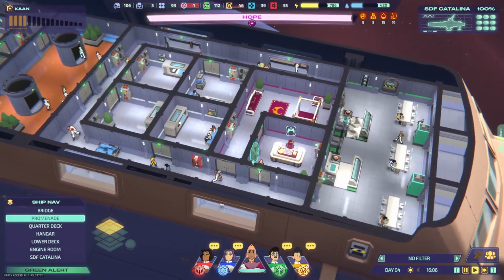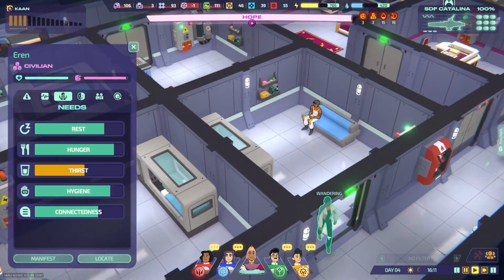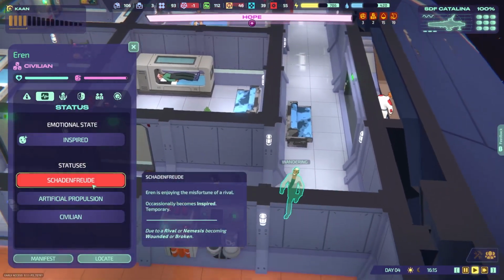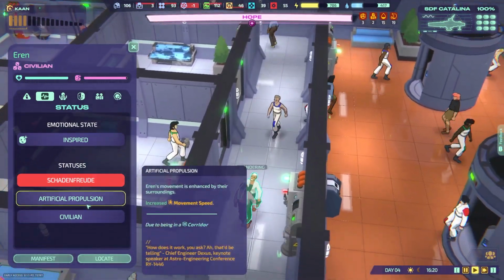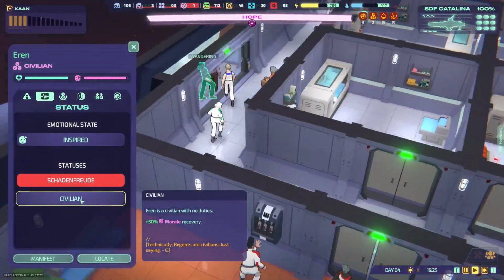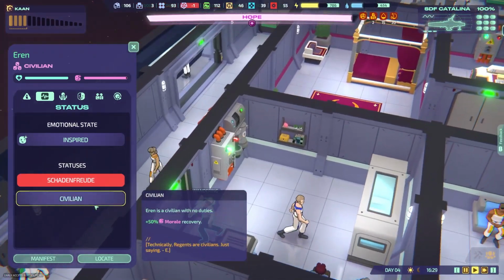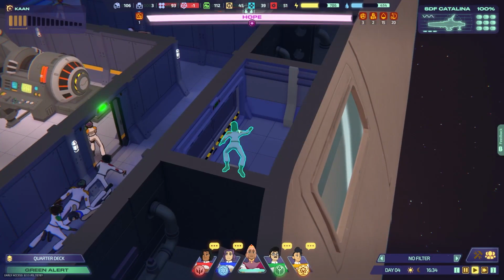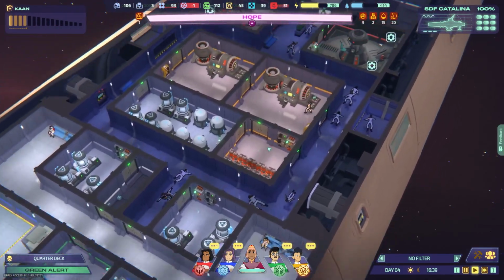All right, let's go back up to the promenade. Let's go to the promenade here and get to know some folks here. So we've got our civvies. Aaron here. Status is shot and fried. Aaron is enjoying the misfortune of a rival. Occasionally becomes inspired temporarily. Artificial propulsion. Enhanced by their surroundings. Okay. And is a civilian. Plus 50% morale recovery. So they get really happy. They get really happy. Where? In here? They get really happy just from...